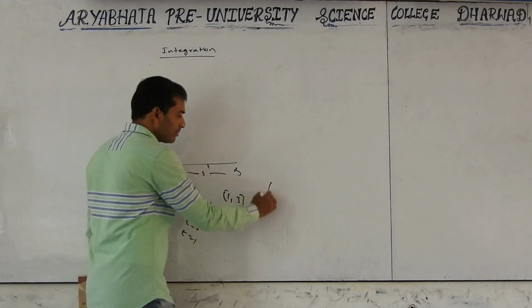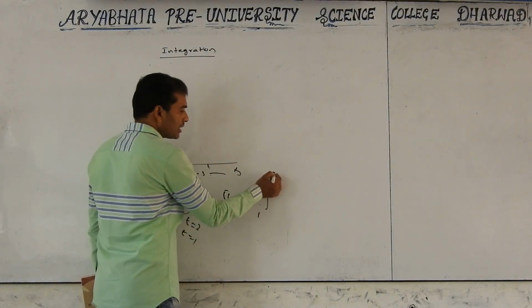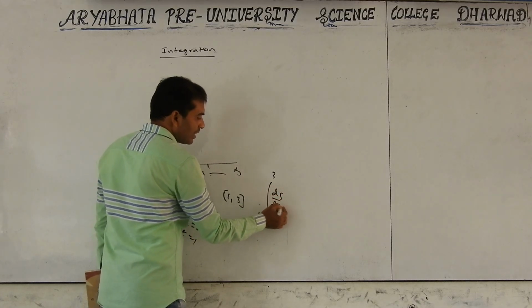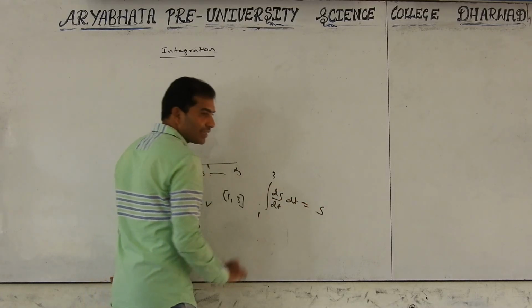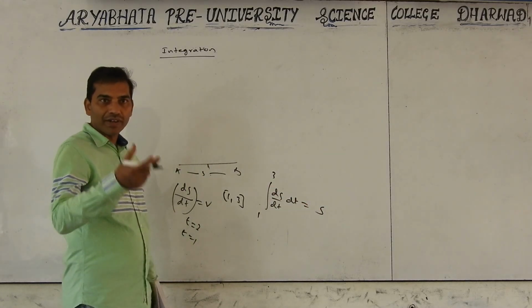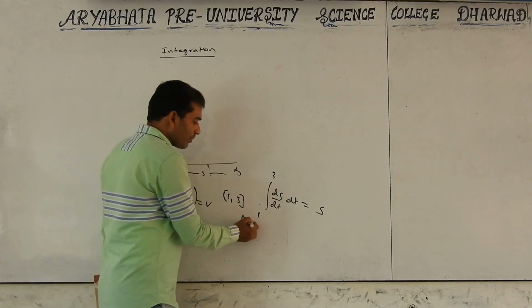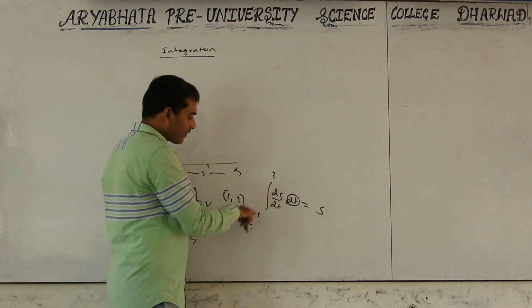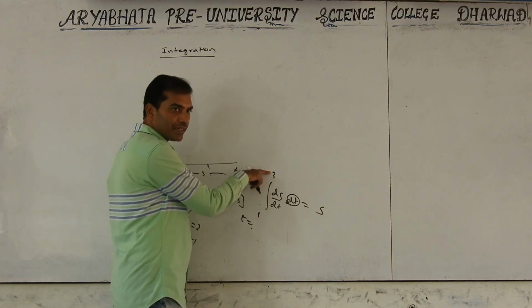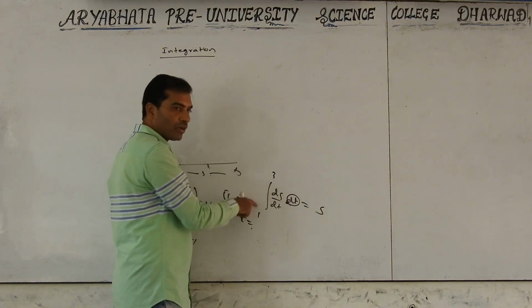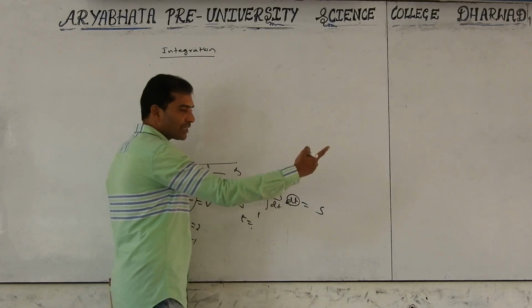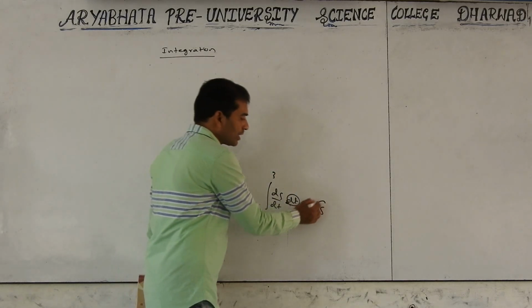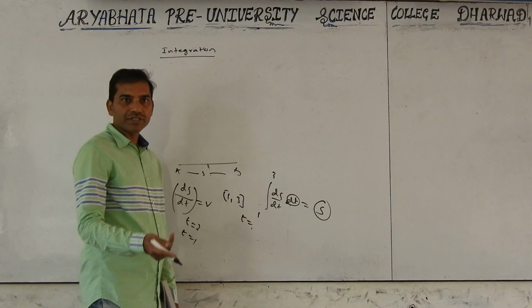So integration, t is equal to 1, 2, 3, dx by dt with respect to t will get... Travel means t is equal to 1 to 3 seconds. dt means time. With respect to time, 1 to 3 limit. These are intervals. In further classes you will come to know that in this interval, how much it traveled, that we come to know from integration.